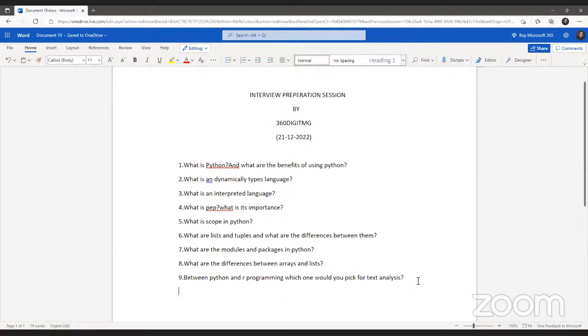Whereas R is better for machine learning than for text analysis. Okay, so if you want to do text analysis, then you have to choose Python. Suppose you go for machine learning analysis, then you have to choose R programming, which is best among them. So as we look into the next question,